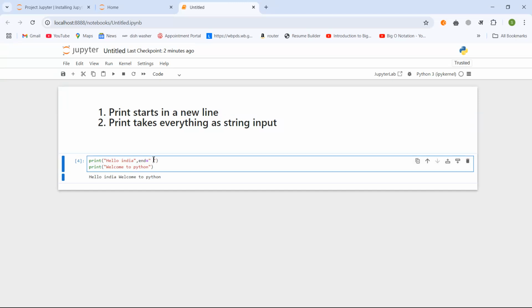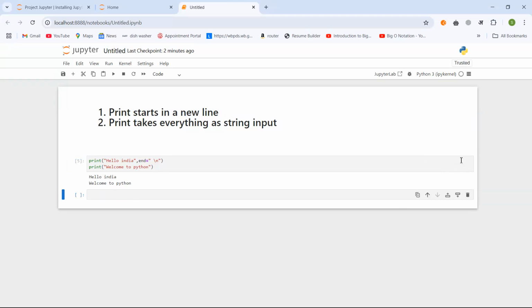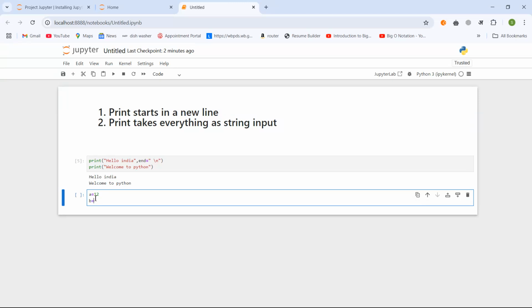And if you want a new line, you can simply write \n here, and you can press Control Enter. So far so good. Now the second portion: print takes everything as string input. So if you want to print a variable within a print statement, how can you do that? Let me make a static variable a equal to 12 and b equal to 13,